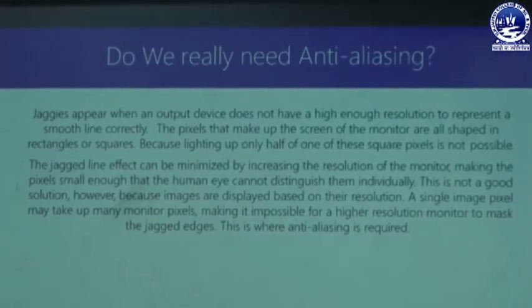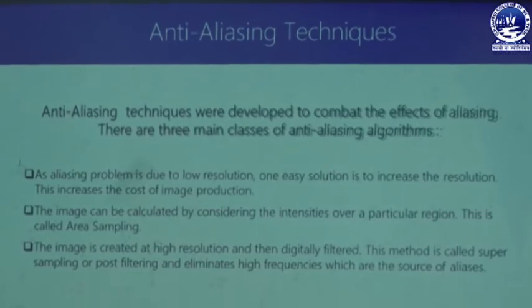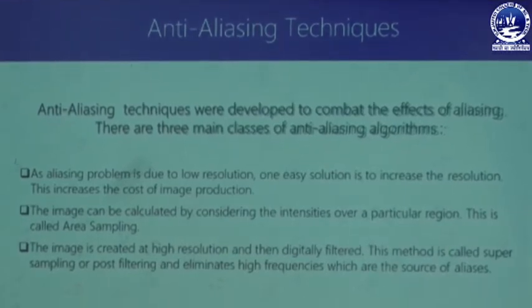Now go to the next concept, anti-aliasing techniques. So what are anti-aliasing techniques? In general, as we know, there are some methods or rules or regulations used in computer graphics through which computer graphics devices work properly and display different types of information as graphical elements. In this case anti-aliasing also provides different types of methods and rules for eliminating the jagged picture elements to create realistic images. In general it uses three techniques or three methods. So what are they?